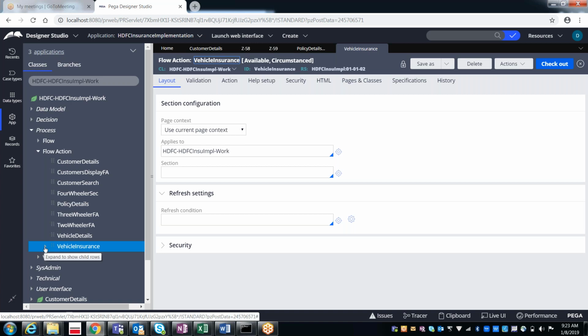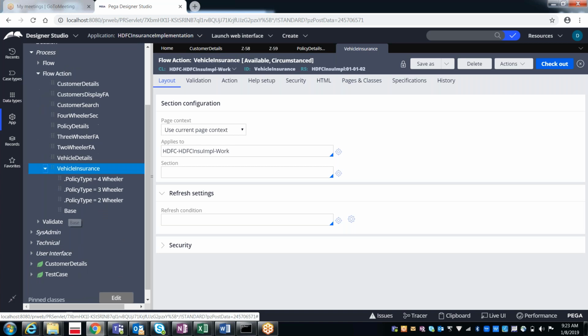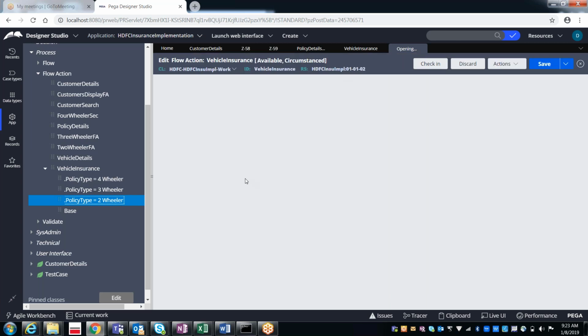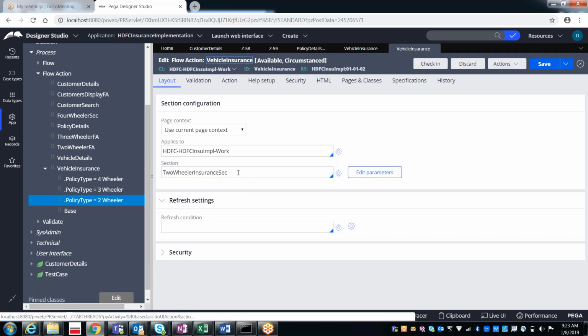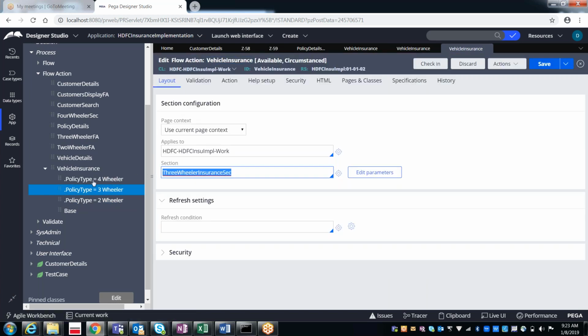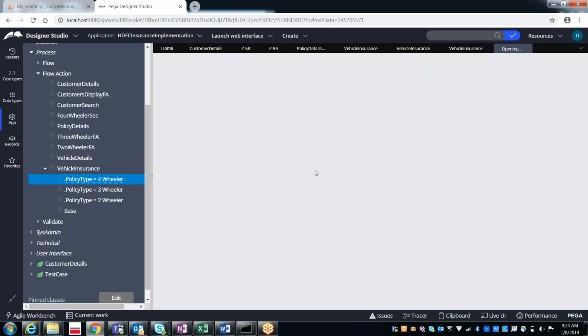How can you see that? Here you have something called expand. When you expand it, you can see this is the base one, and along with that, policy type equal to two-wheeler. For two-wheeler we refer to the two-wheeler insurance section, for three-wheeler we refer to the three-wheeler insurance section, and for four-wheeler we included the four-wheeler insurance section.